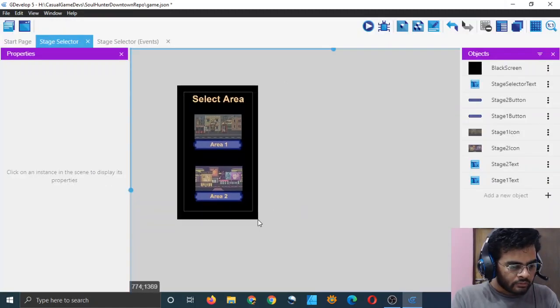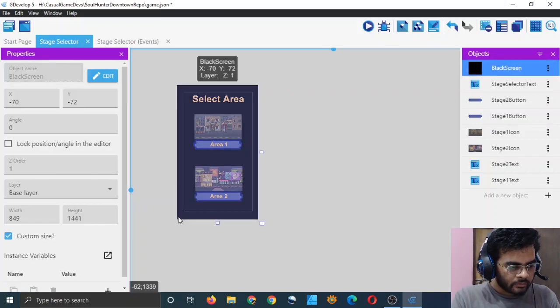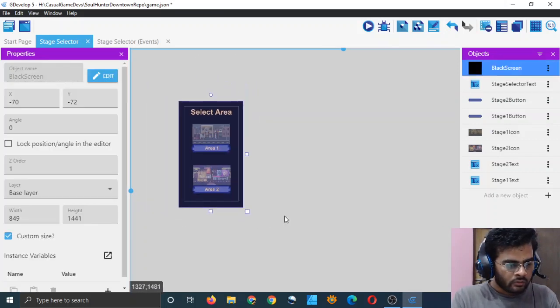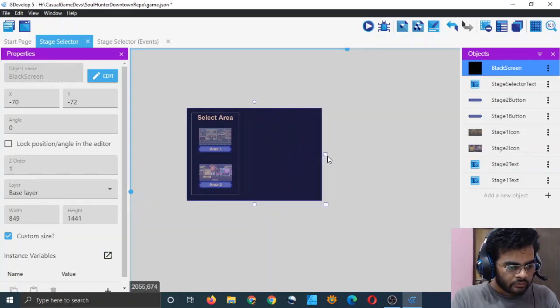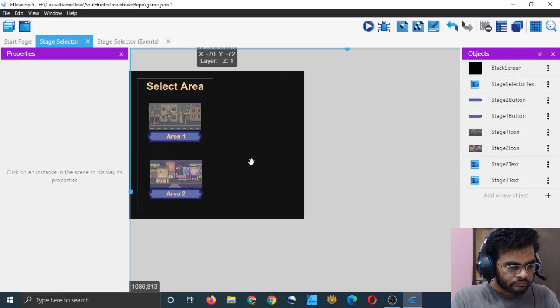What I will do now is take this black screen which we had, and then extend it a little bit here, a little bit. There it is. That's good.